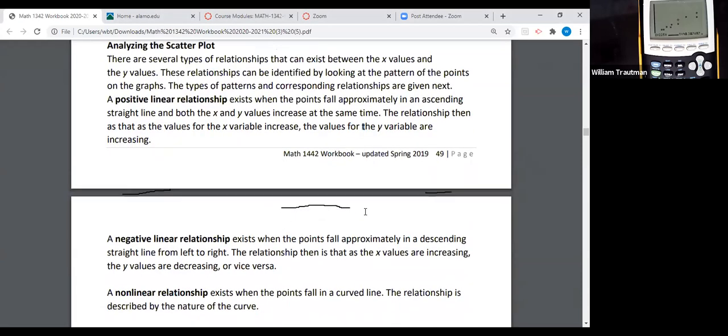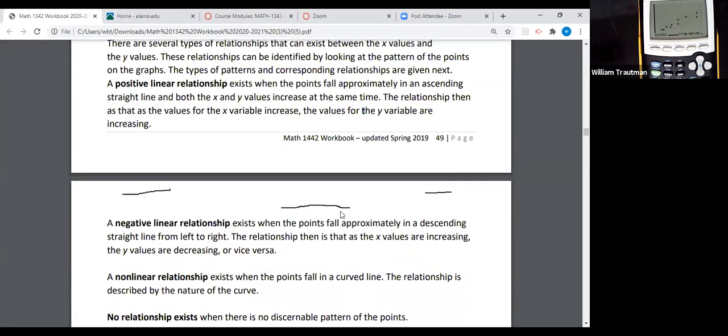Negative correlation is where the X values are increasing, but the Y values are decreasing. In other words, when you draw a line from left to right, your data is going down. Over a period of time, the data seems to be going down. And then if it's nonlinear